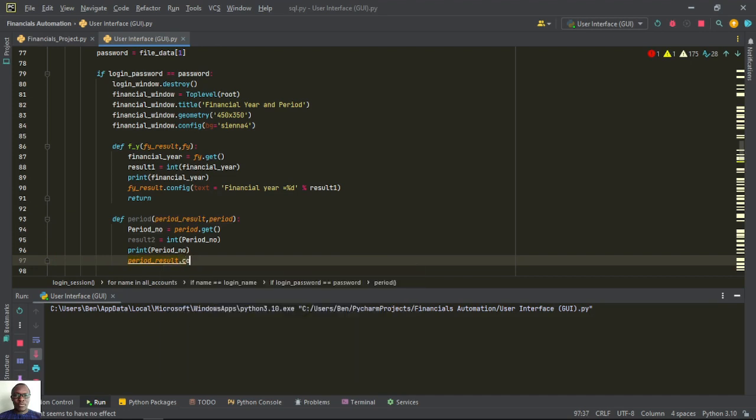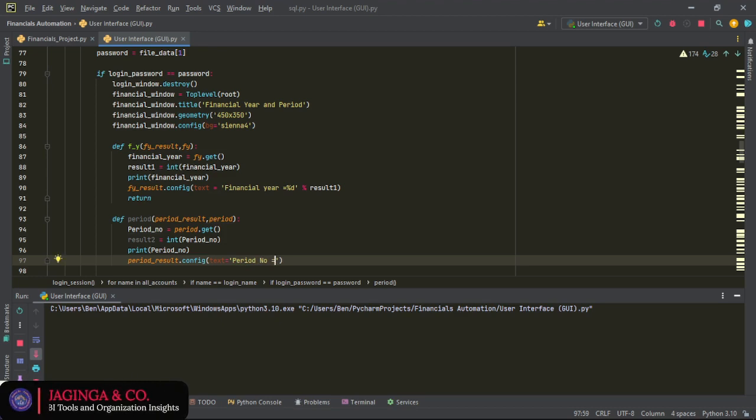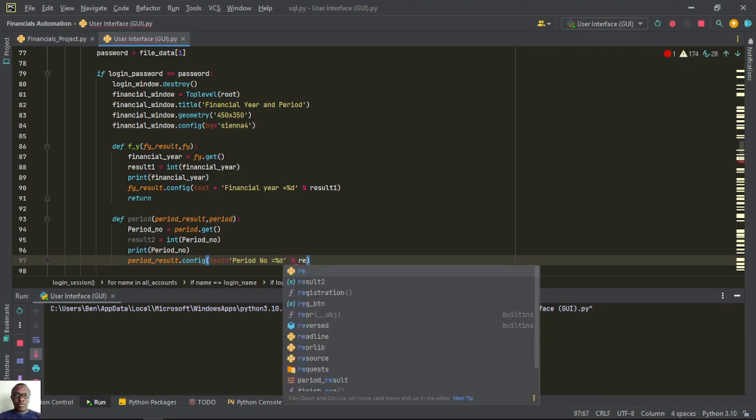Period result dot config in bracket, text is equal to, so we are saying that period number is equal to, see again we are using string formatting. Then here we reference the result 2,